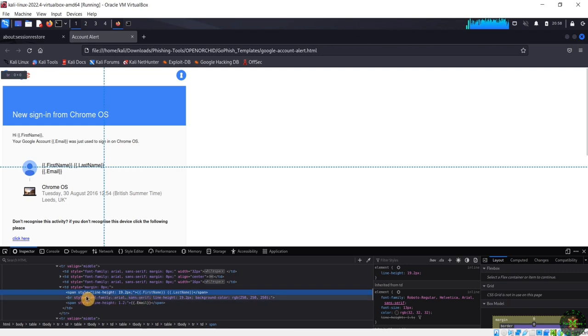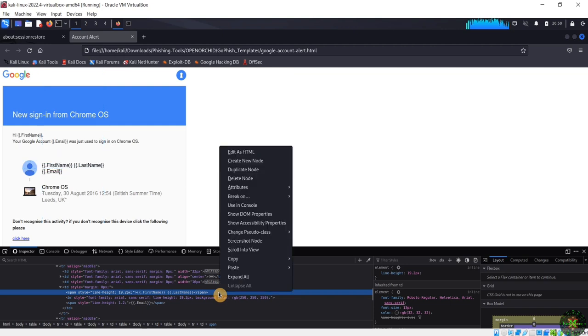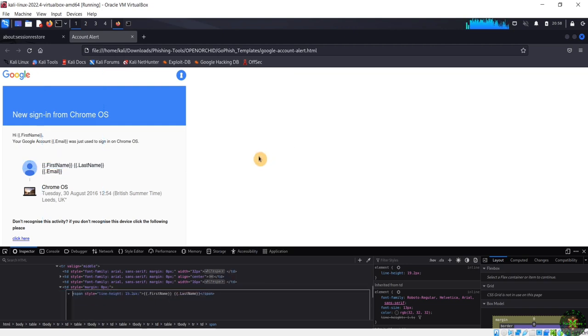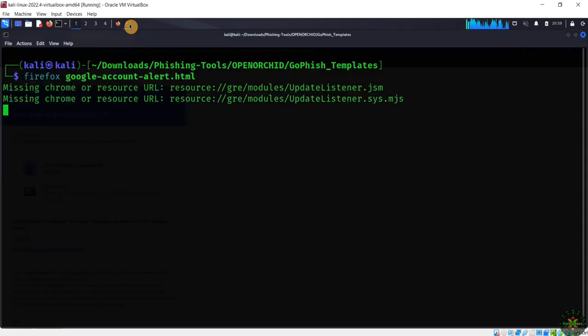So as you can see right here, I have captured it. So I can click right here and right click and see edit as HTML. By clicking on this, we will be able to copy this code. So after copying this code, I will close the inspect feature and then navigate back again right here to this